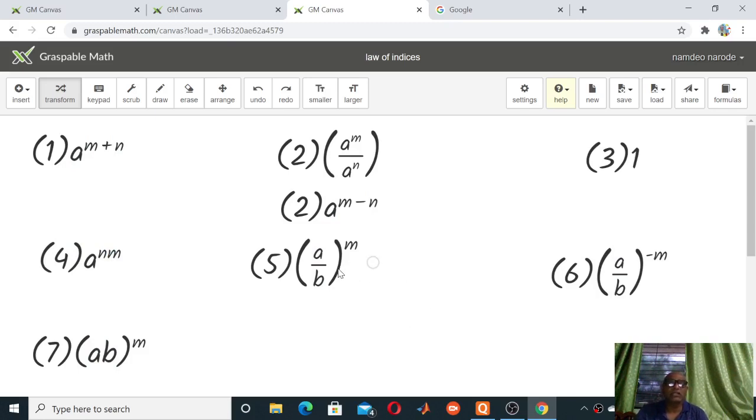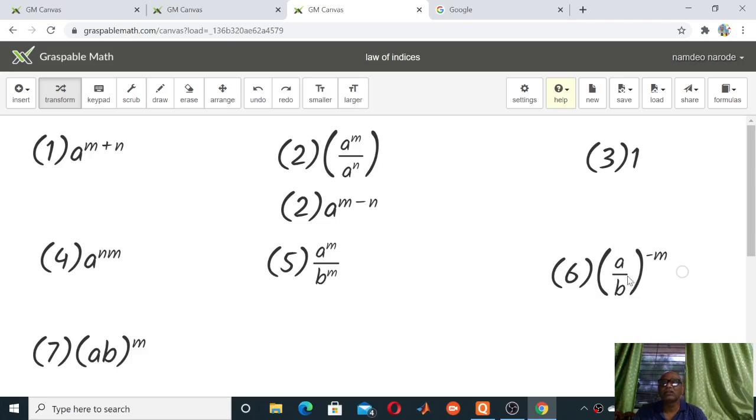आता हा पाचवा नियम बघा. In case of this rule, if you remove this bracket, then what will happen? भागाकाराचा घात, that is the power of quotient, which is equal to power of numerator divided by power of denominator. जे न्यूमरेटर आणि डिनोमिनेटरला सेम पॉवर येते किंवा सेम इंडेक्स येतो, म्हणजे समान घातांक असतो. अंशाचा आणि छेदाचा घातांक समान असतो.